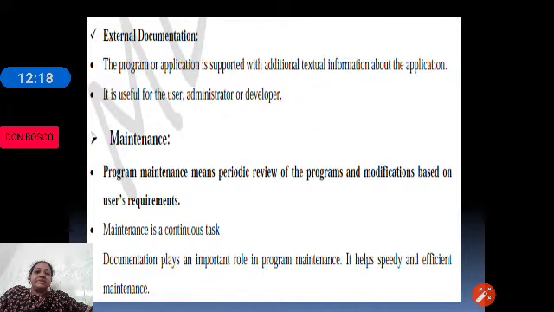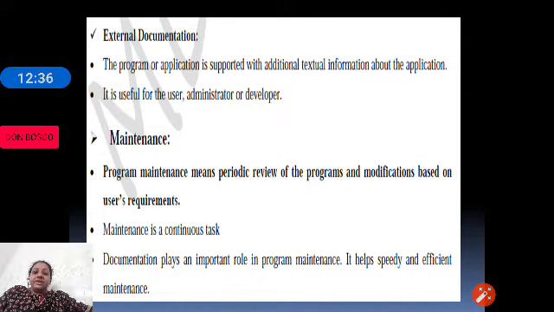So program maintenance is a review. We just look at the program, then we see if anything is required to be added, removed or modified, and maintenance is a continuous task.